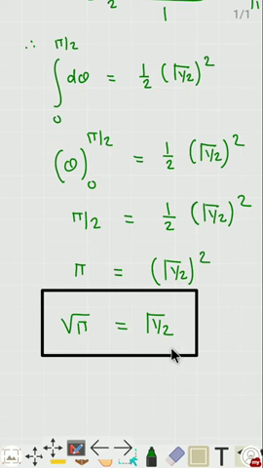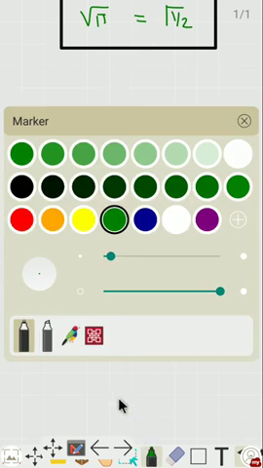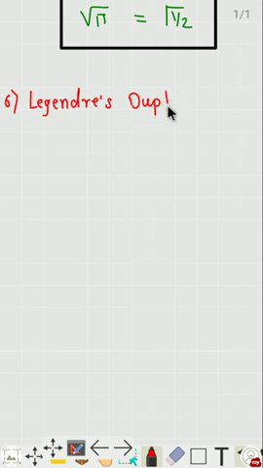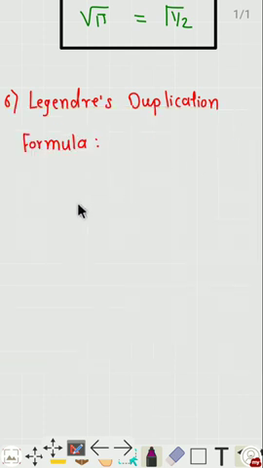So there is one more property of the gamma function, and that property is the sixth property, known as Legendre's duplication formula. Legendre's duplication formula is